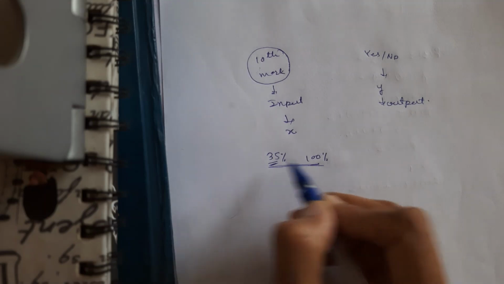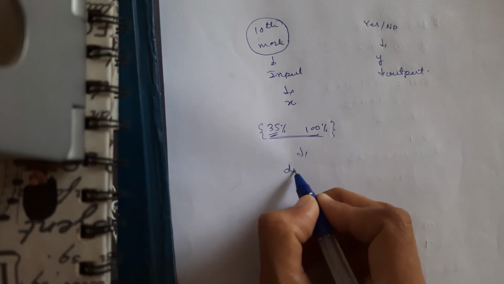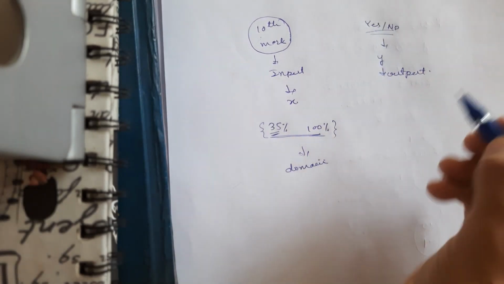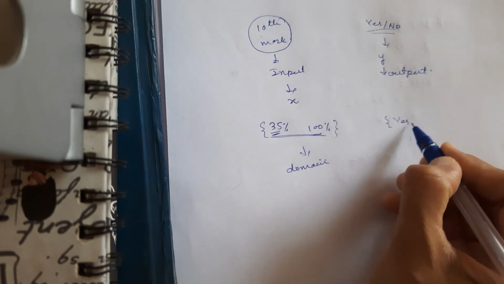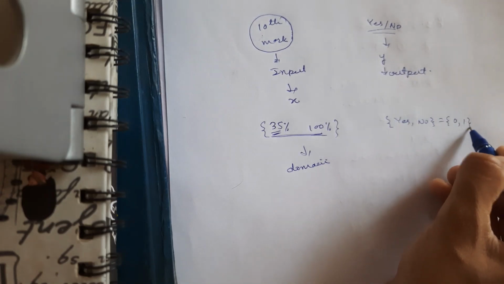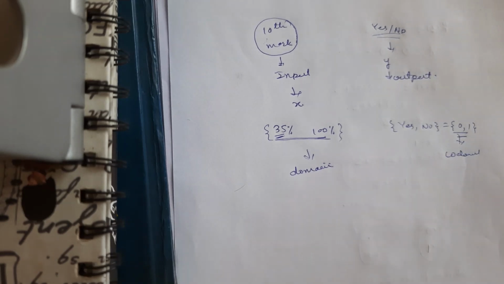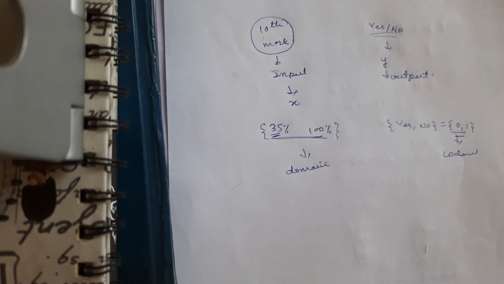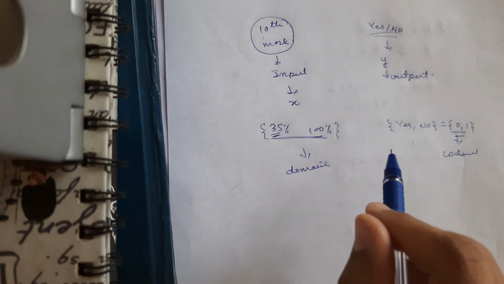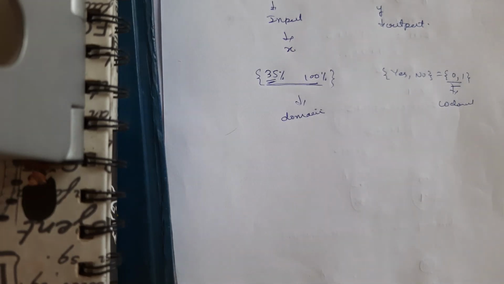So you need to fill your 10th percentage mark between 35 to 100. So between this 35 to 100, this will be your domain. This yes and no value, these two values, yes, comma, no, or we can write it in numbers as 0, 1. This is your codomain. And the range is also the same here, 0 or 1. Either you are going to get college or not going to get college. Okay, so that's what the function is.